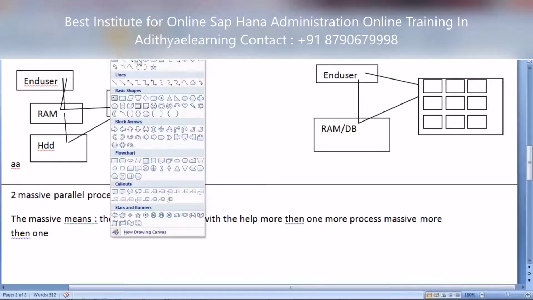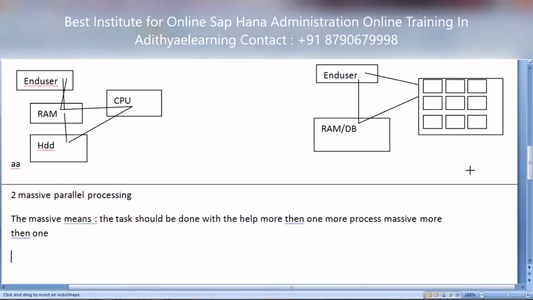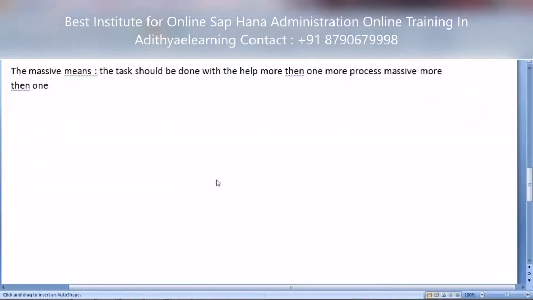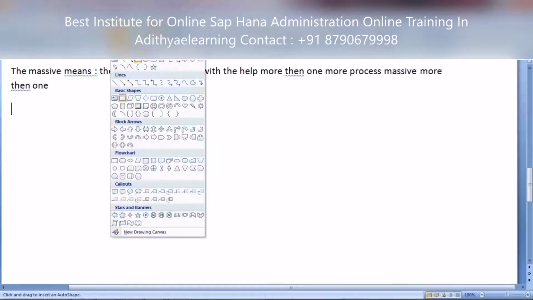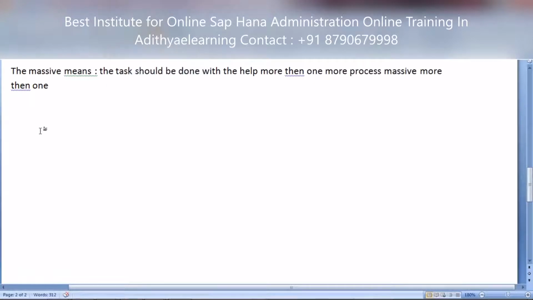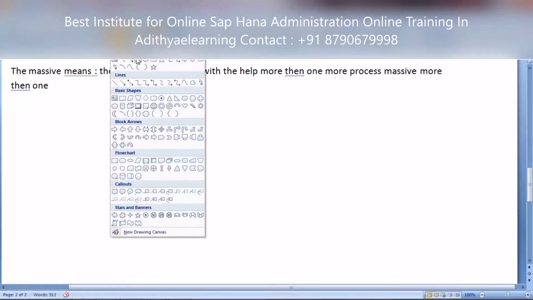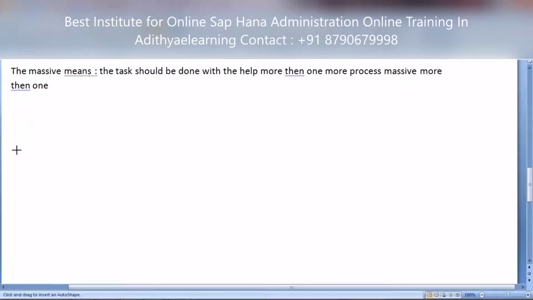Okay, now see how it works. I have a good example for this. How does this massive parallelism work in the case of the HANA database? We'll take a small example over here.